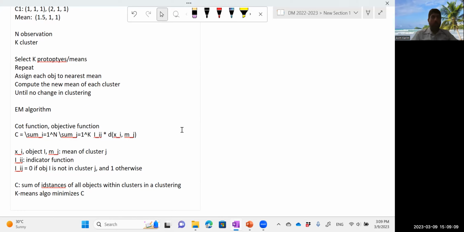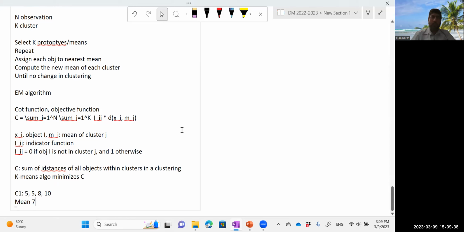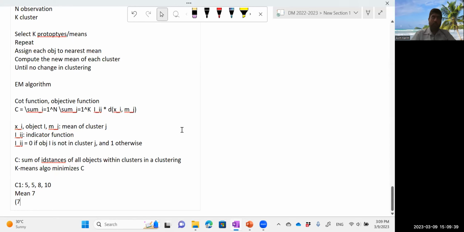ठीक है, सो इन आवर केस हमारे पास जो ऊपर था, हमारे पास क्लस्टर C1 जो था वो 5, 5, 10 और 5, 5, 8 और 10 था, और इसका मीन हमारे पास था 7। ठीक है, इसका सम ऑफ डिस्टेंसेस क्या होगा, बेसिकली 7 - 5 प्लस 7 - 5 प्लस 8 - 7, एब्सोल्यूट डिस्टेंस लेना है तो मैं बिगर वैल्यू पहले रख रहा हूँ, प्लस